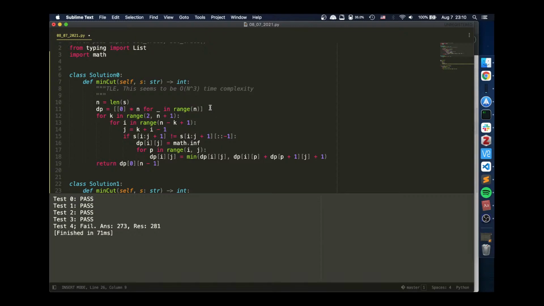So for i in range, if it is a palindrome, then we compute it. But if it is not a palindrome, then we should leave it as the maximum. Which means k in range 2. Okay. So for any pair with a known number of cuts, if it's not a palindrome,